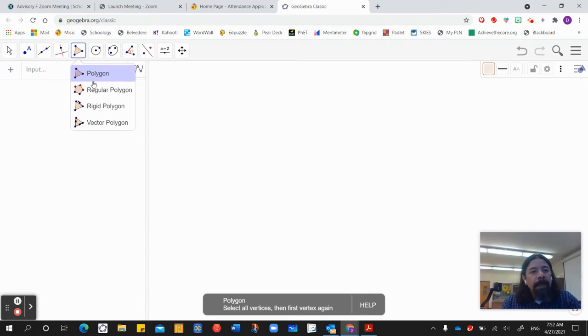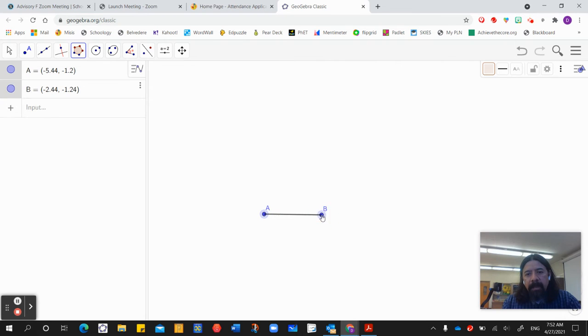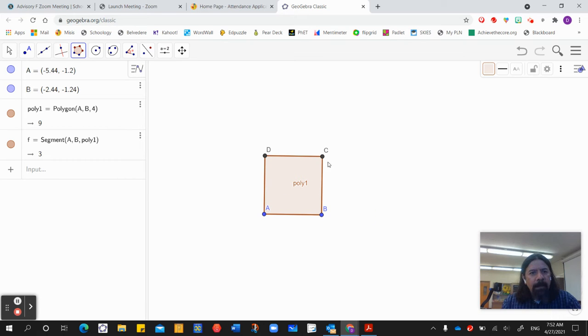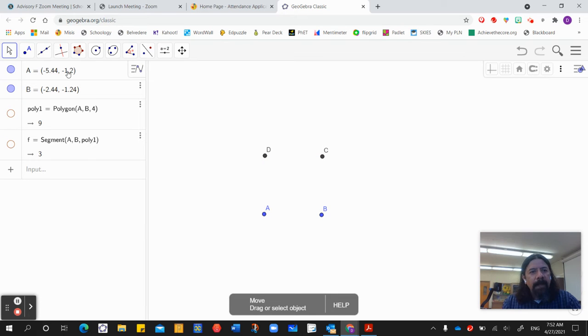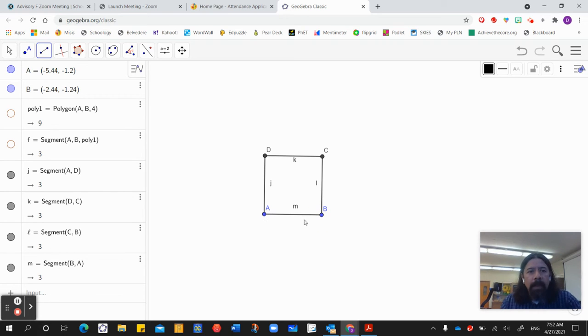I'll go to regular polygon and I'll create this object with 4 vertices, and I'm going to purposely hide the polygon. So, and I'll go over it with a segment. Now, once I do that, what I'll do now is I am going to create, let me see here,